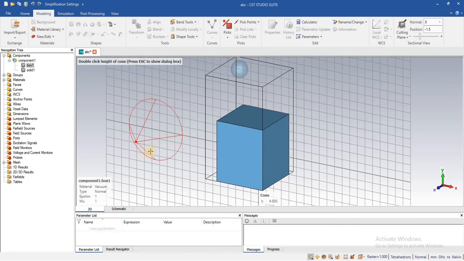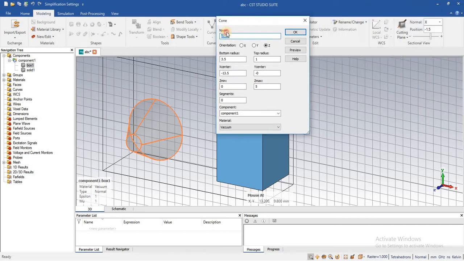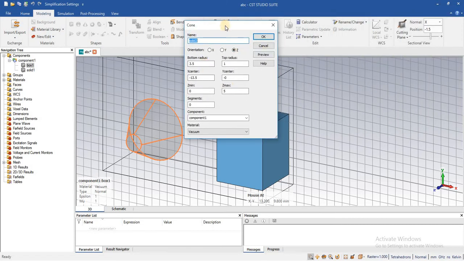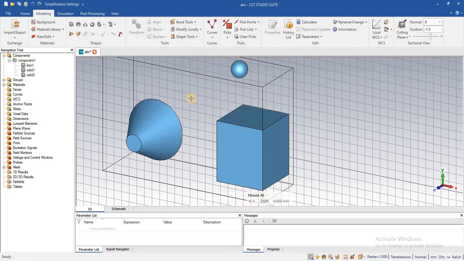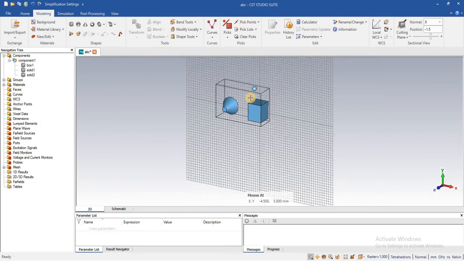The commands of CST work by double left clicking, after that the dialog box is automatically opened. The best point in CST is we can change coordinates and also we can preview it from here, and also we can show the mouse coordinates. That also helps while drawing a diagram. And whichever diagram we create, a dialog box automatically appears.